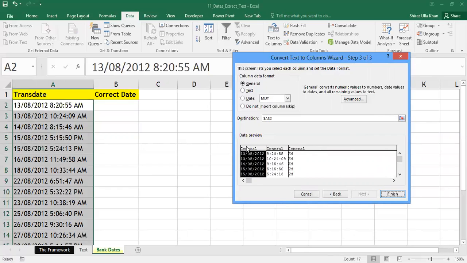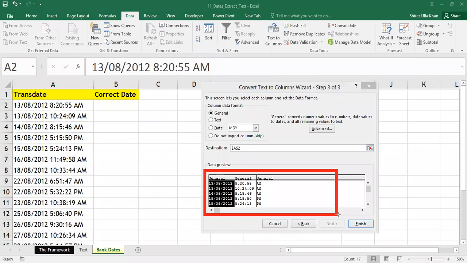Now people, if you see in the data preview, let me show you here by annotating. If you see here, people, in the data preview, the first column is highlighted. So let's say we want this first column to be imported. So we will keep it, by default it is highlighted, so we'll keep it as it is. But the second column and the third column, these 2 columns we don't want to import. So now we'll tell you what we need to do.